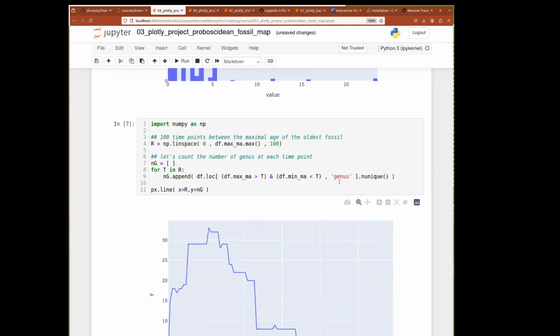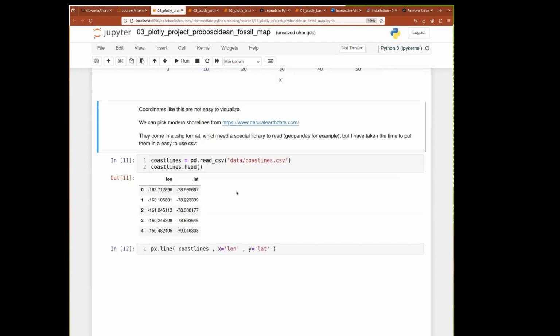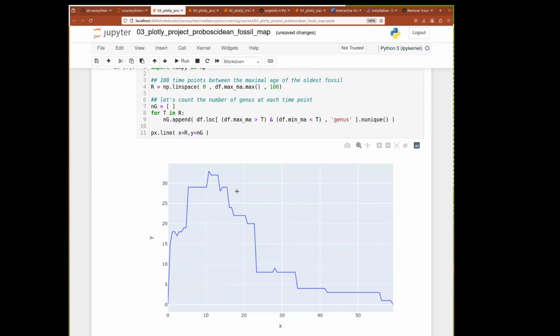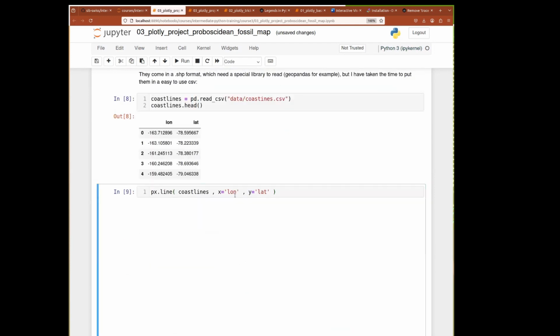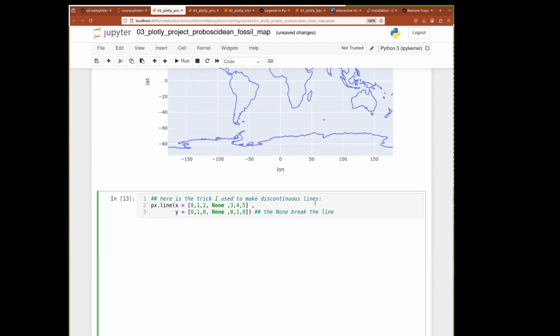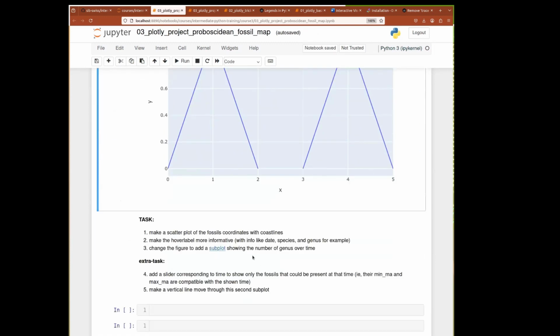All right. And what we have is not only the age of these fossils, we also know where they are. We have a longitude and a latitude for each fossil. So we'd like to visualize where these fossils are and then eventually where they are with respect to time. So for this, I give you a little data set containing the coastlines so that you can plot where they are on a small map in a simple way. I give you the trick on how to make lines not continuous, just in case you want to have fun with that. And so your goal is to sort of show these fossils on the map and make it informative,